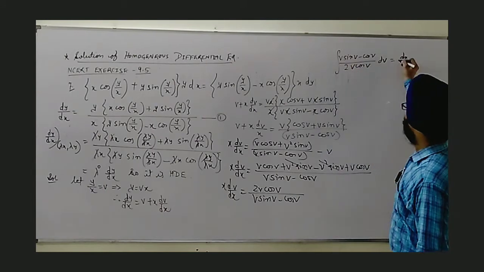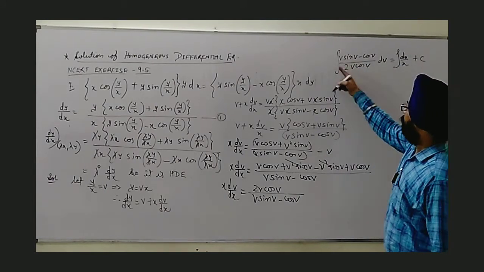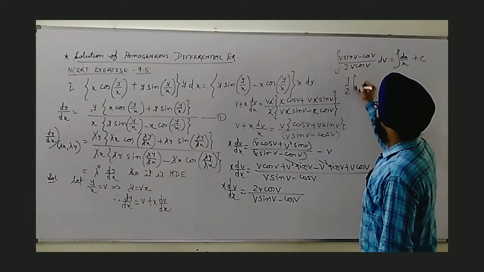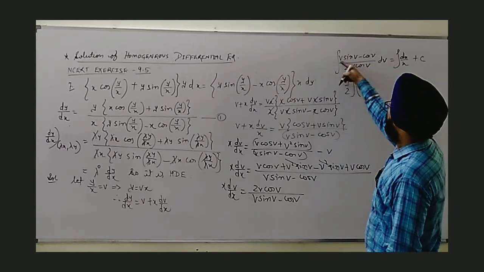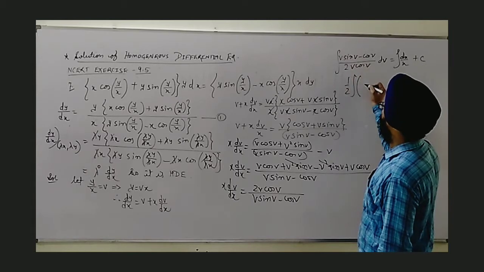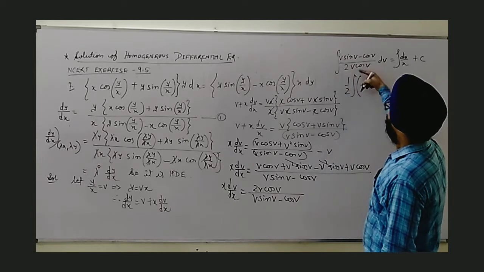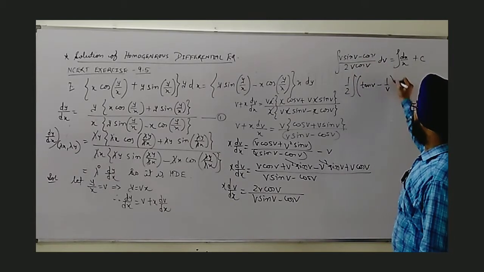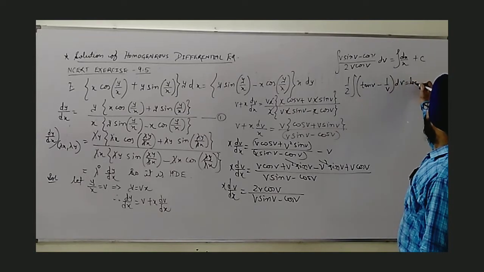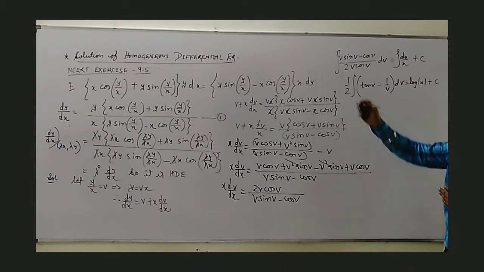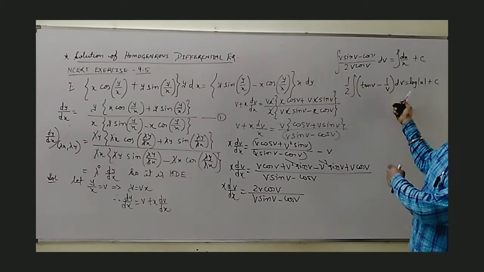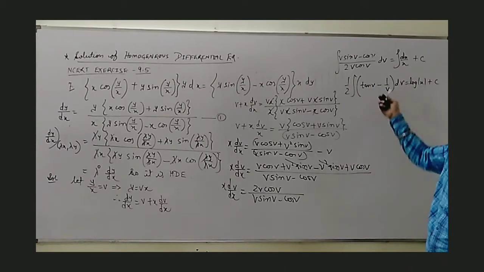Integration, obviously. We do this, half I take outside. This v cos v can be separated in terms of numerator. Here we have v to be cancelled out, sin v upon cos v is tan v. Here cos to cos cancelled out, we are left with 1 upon v dv equal to log of mod x plus c. Now you check. How was the equation? What was the level? And here we are finding a very simple pattern, directly integrable.